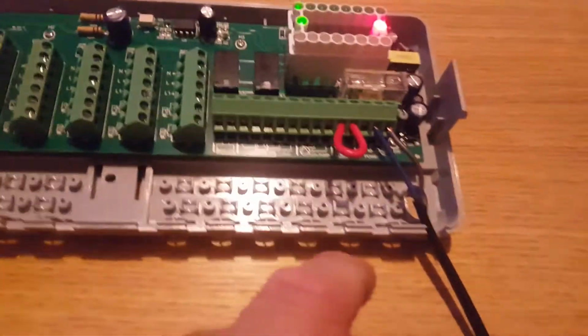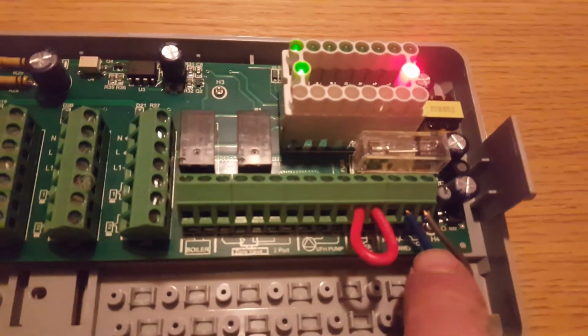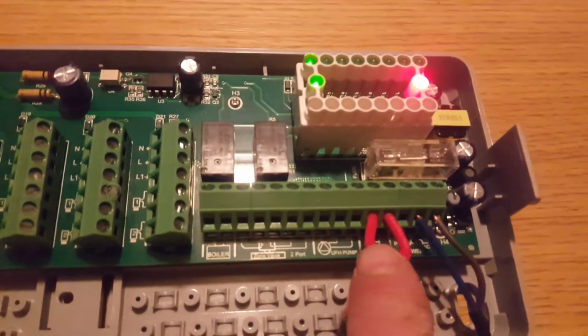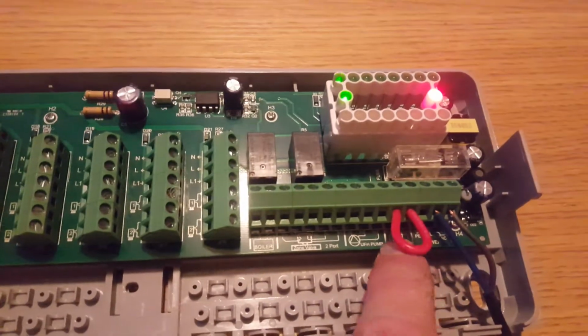Now on the right hand side, you've got your power in as indicated on the board. You've got your timer linked out, so you take that out if you were putting a timer in. And then you can see on the board,